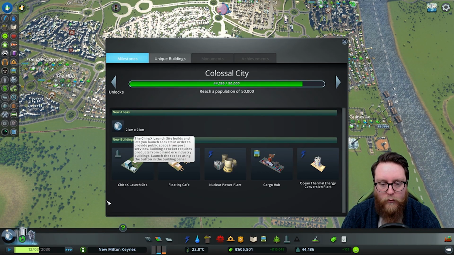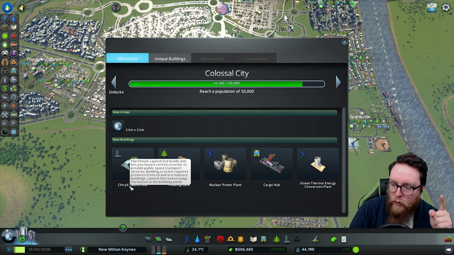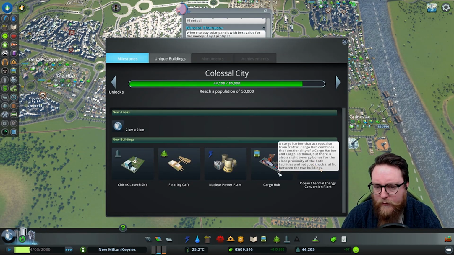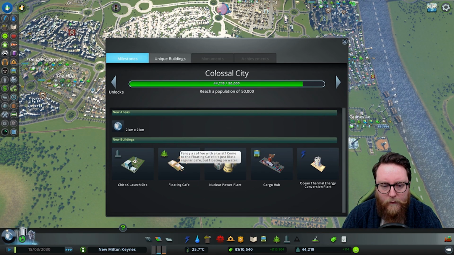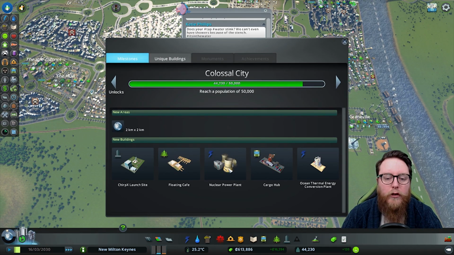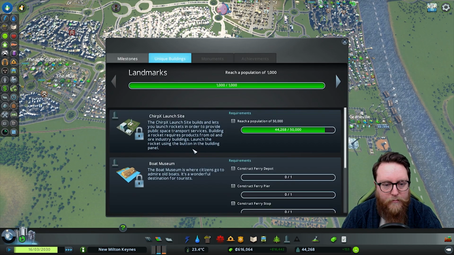Right, so this lets you build the rocket ship, which again is a link to their new game Surviving Mars, which I have got, and if you do want to see, let me know down in the comments. It may be the next series that I bring to the channel. We just get cargo hub. I think that's for ferries, right? Yeah, it's for the sea. A nuclear power plant, floating cafe, ocean thermal energy conversion. Okay, so we get some cool stuff. We need to decide whether nuclear is technically eco or not, and we also get to build a new...